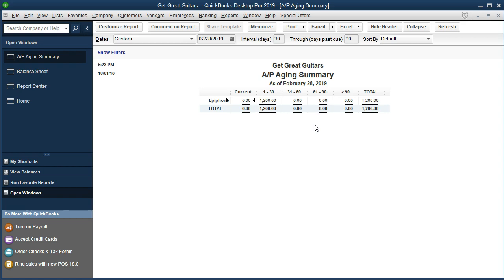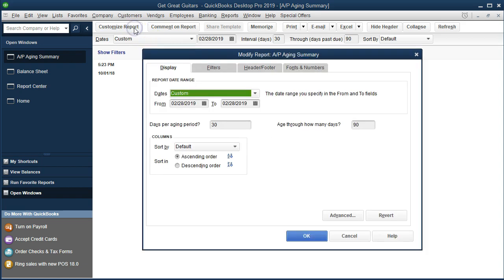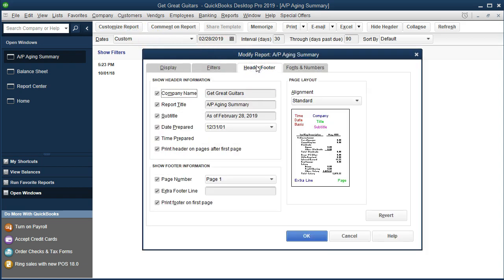We'll do some of our standardized reporting here. We're going to go to the customized reports up top, header and footer. Let's remove the date prepared, time prepared, no basis because once again, the accounts payable is an accrual account. If we were on a pure cash basis, there would be no accounts payable, and therefore we don't have that checkbox. And then we're going to go to the footer, put some name in the footer,